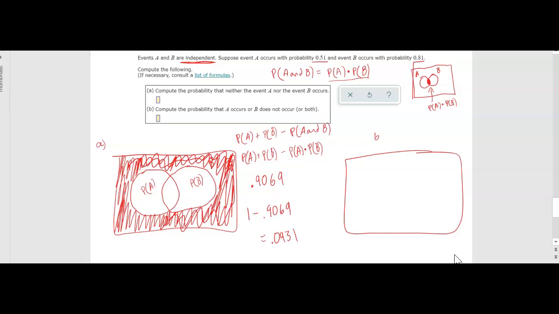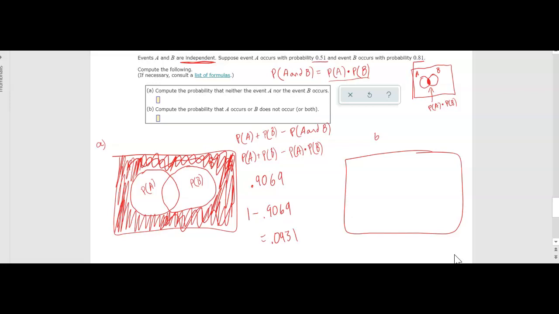All right. So let's look at B. So again, this was an intersection problem because we were finding that it had to be both. It could not be either A or B. So A and B couldn't be. Okay, now let's look at the second one there. So this one says compute the probability that A occurs